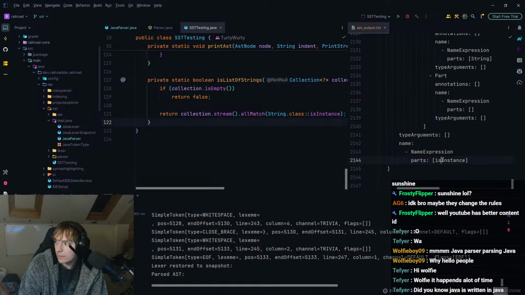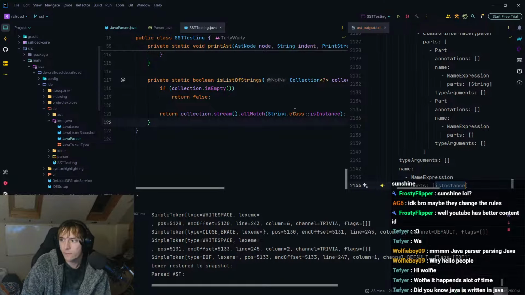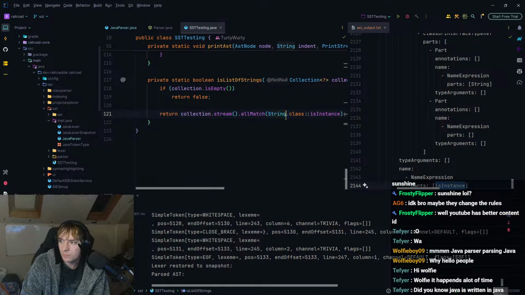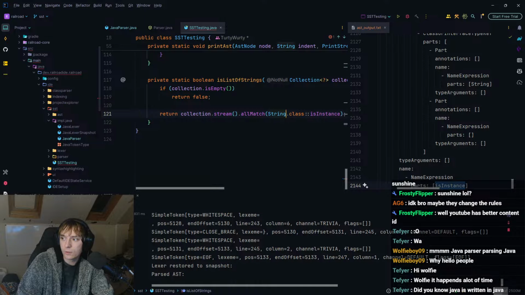It does find the is instance, admittedly. That's the problem, because it finds the dot. Because it doesn't know whether it needs to parse it as, for example, string dot sub class, or if it's just looking for string dot class.